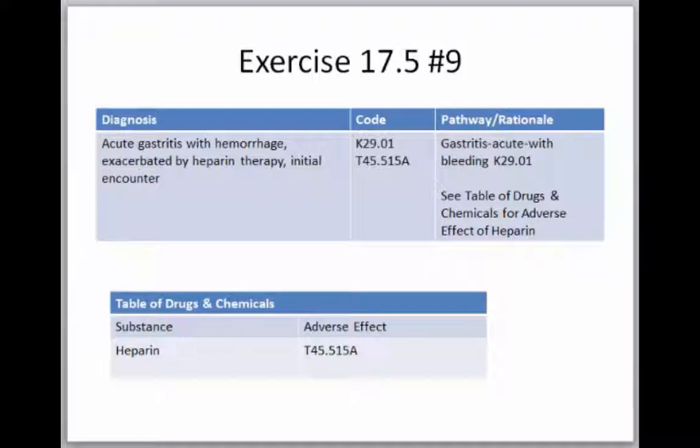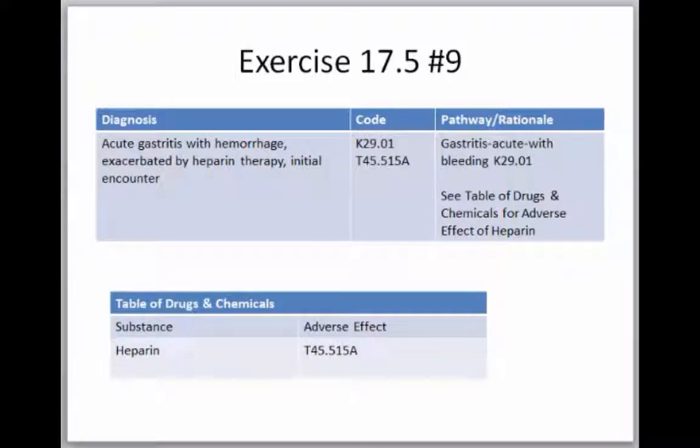As I'm thinking of it, I am trying to give you in the diagnosis the type of encounter, whether it's initial, subsequent, or a sequela. In the real world, in the medical record, you would be reading the information and determining from the information if this was an initial encounter, a subsequent encounter, or we're treating the sequela. But for the purposes of learning to code early on, I'm just going to give you that information as part of the diagnosis. So looking at our pathway in the right column, we have